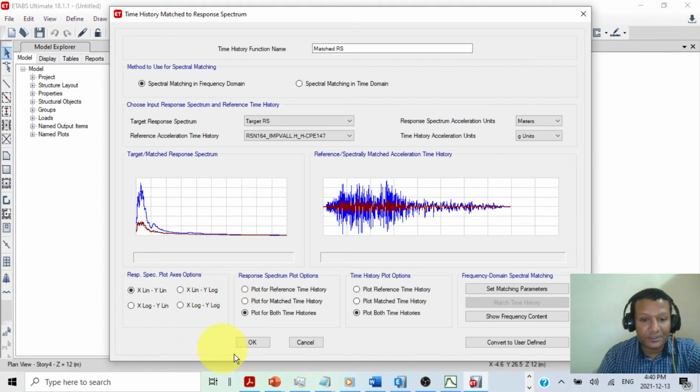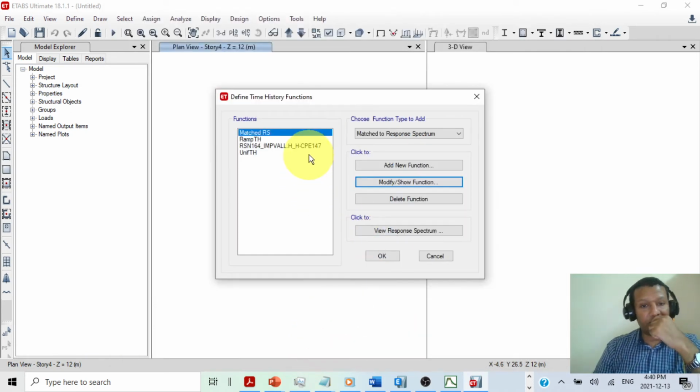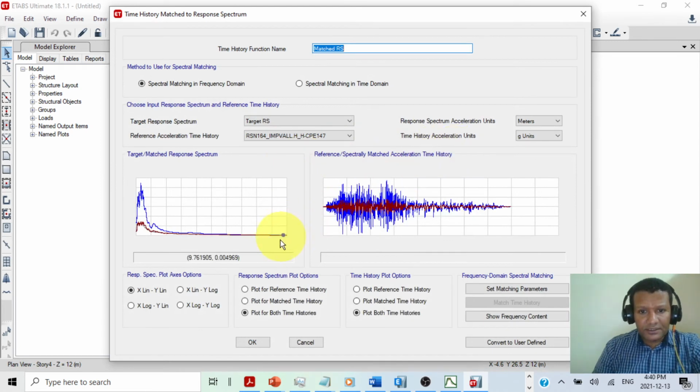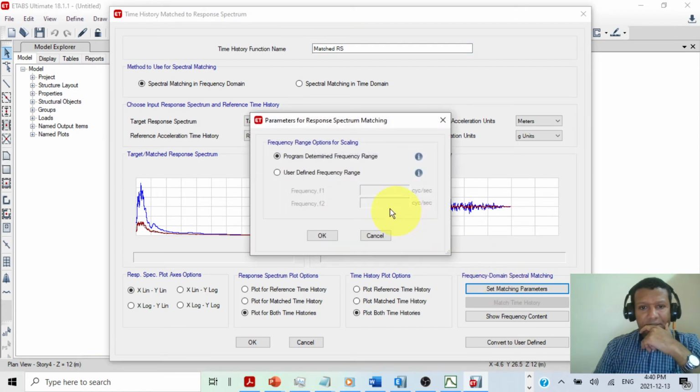We can do it in this way. We can match it whether in the frequency domain or in the time domain. We can do it like this. So we can match all of them like that. There is nothing else I can show you. This is the only thing we have. This is a plot for matched time history. So everything, set match parameters,